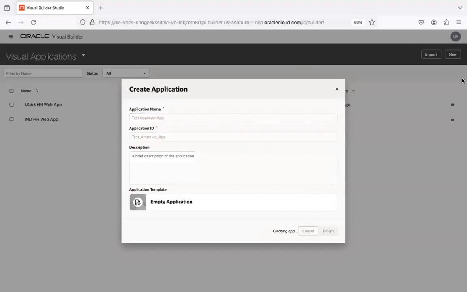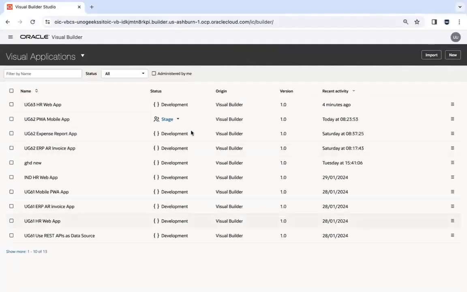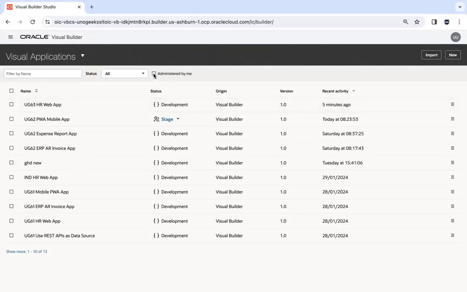So I created this application as approver 1, right? Since this is an application that I created as approver 1, it would not be visible to this particular user here by default. But since he's an administrator, even if he refreshes it, he wouldn't get to see it. But the moment he ticks this box,